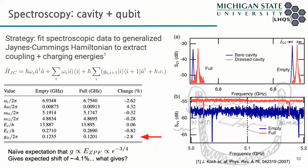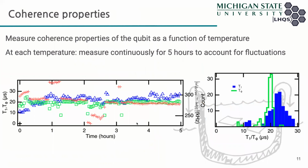It turns out that if you do a good job at calculating the matrix elements and calculating how the electric field redistributes in the presence of helium, you can get a pretty good number that agrees with this. But yeah, let's get on to coherence properties, which is what we want to study